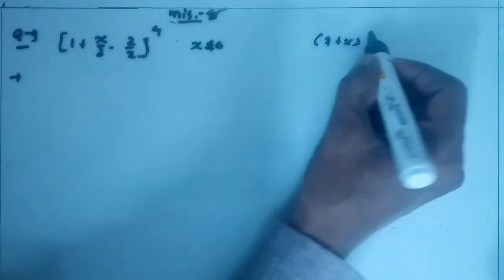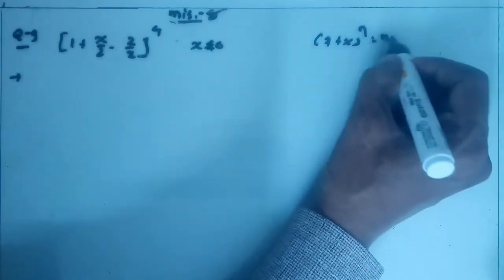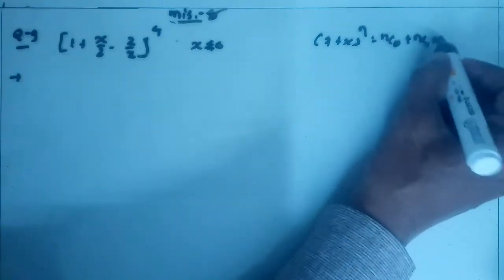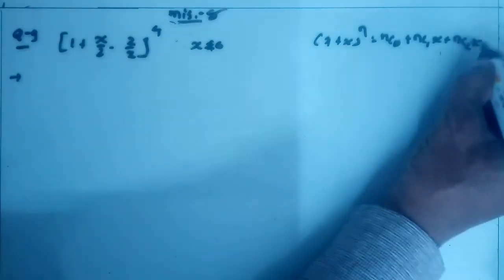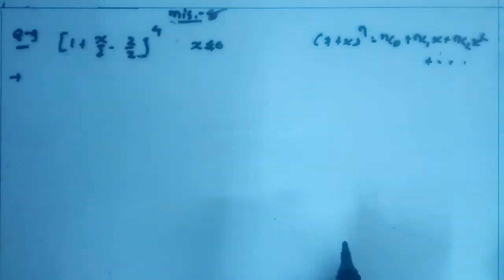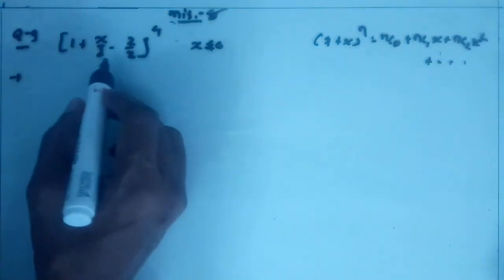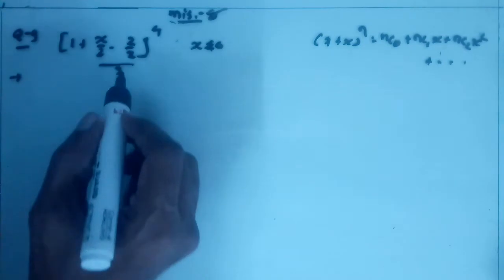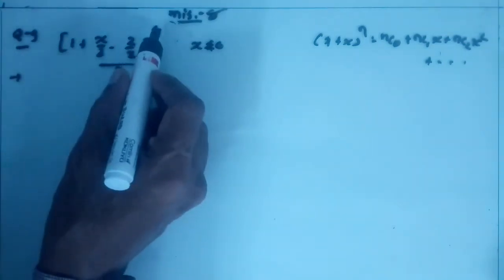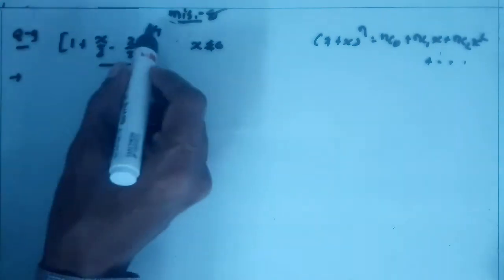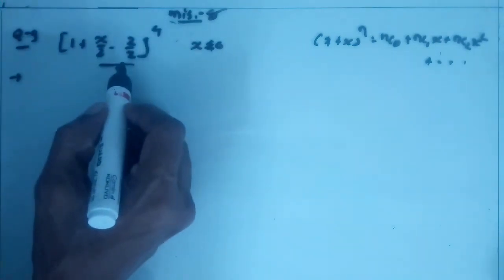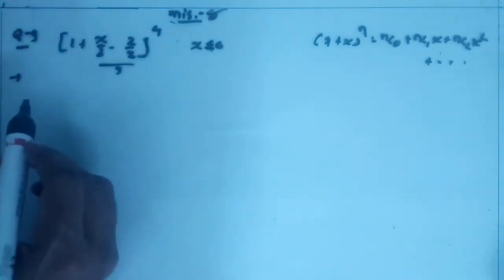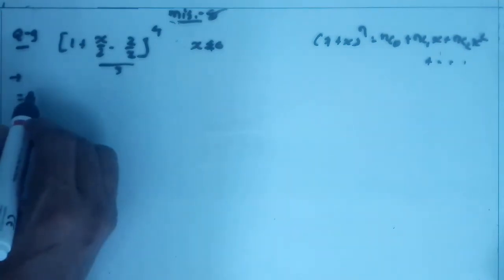1 plus x raised to n is equal to nC0 plus nC1 x plus nC2 x square plus up to plus nCn x raised to n. The same applies here. Say these two terms combined as y. So 1 plus y raised to 4 is equal to 4C0 plus 4C1 into y raised to 1, that is x by 2 minus 2 upon x raised to 1. The same applies for this here. So it is equal to 4C0